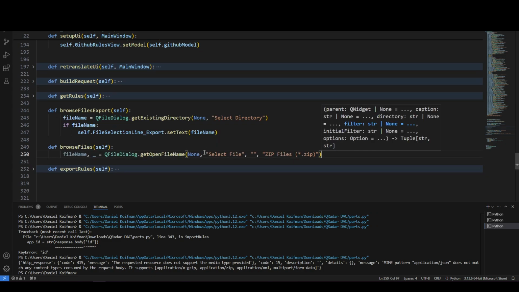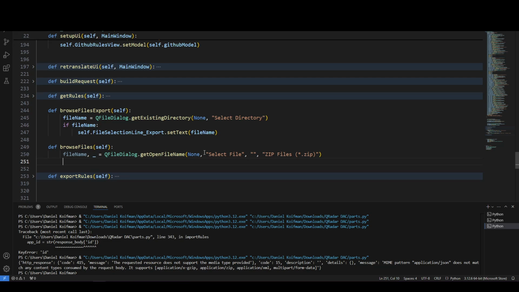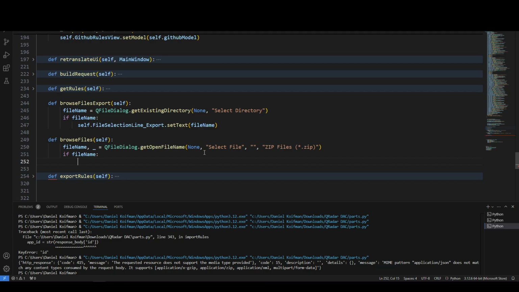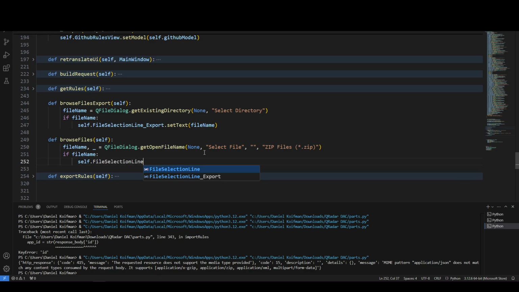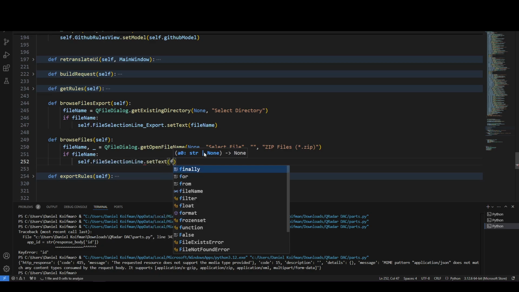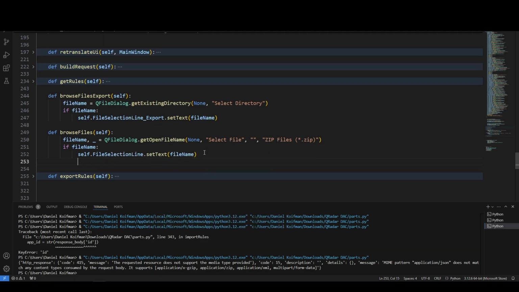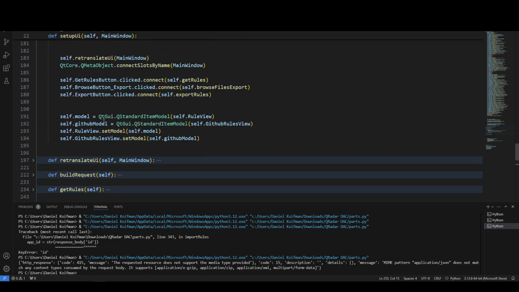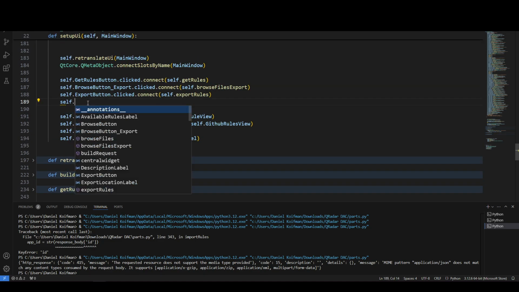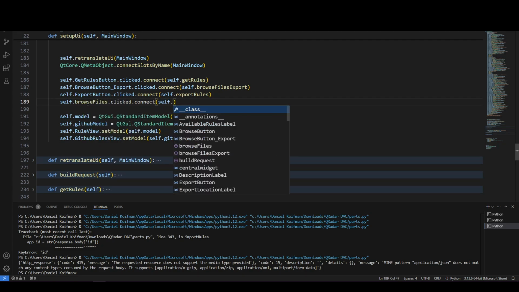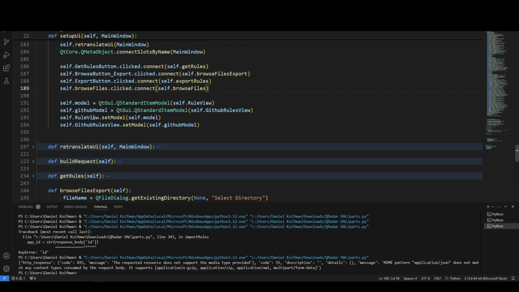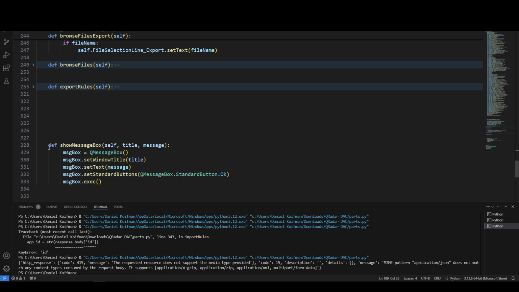Okay, and if a file is selected, we're going to populate the proper line. Okay. Now we want to bind that. And now we can start and